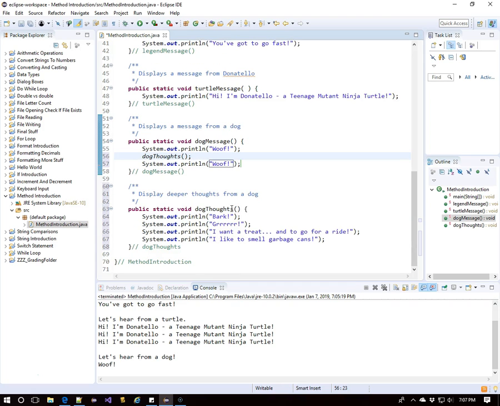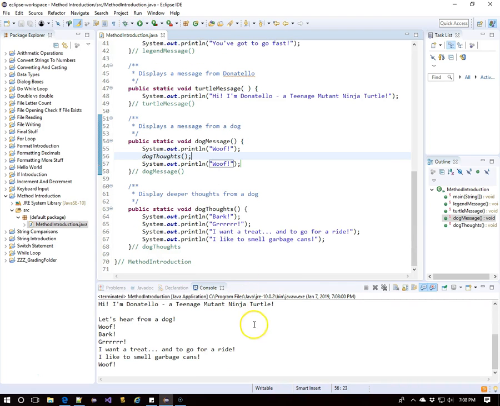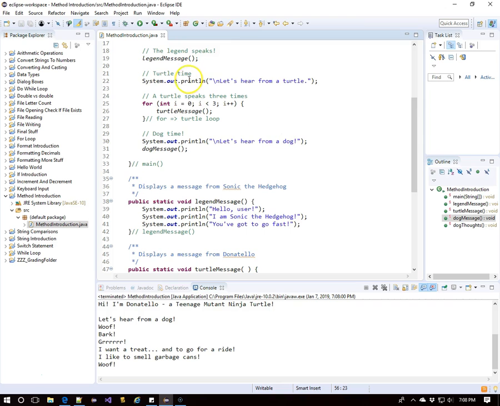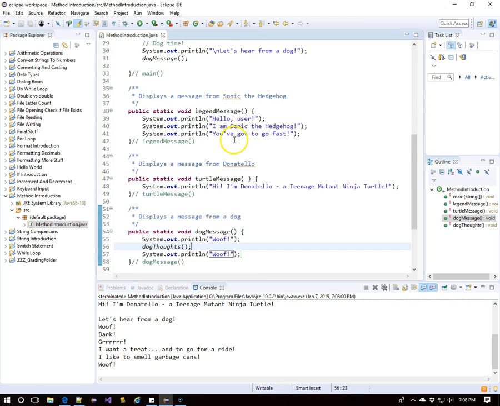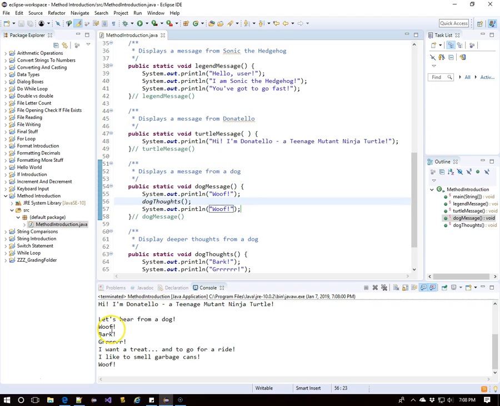Not changing anything in the main method. We're still going to activate dog message. All right. So we hear from a dog, and that's when we go to the dog message method. So the main method is suspended while we go to dog message. Dog message runs woof, and then it is suspended